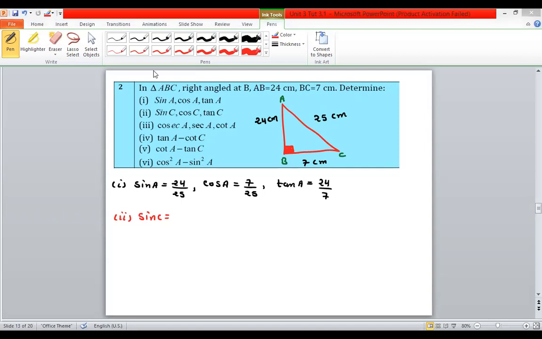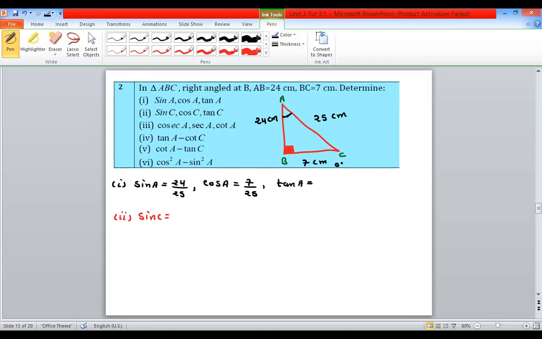Now your angle is in C mode. Right, very good. Yes. Aryan, you just look at your value. It's 24 by 7. When you have an angle A,